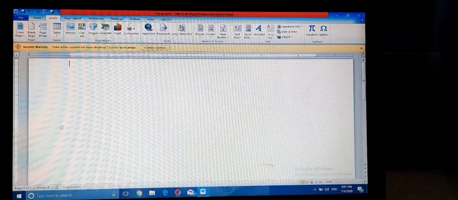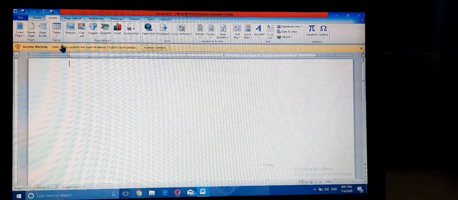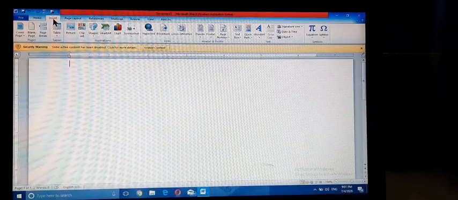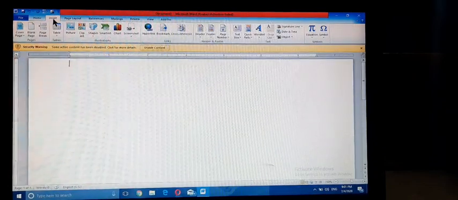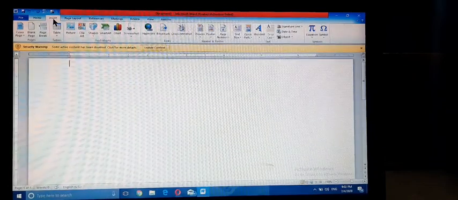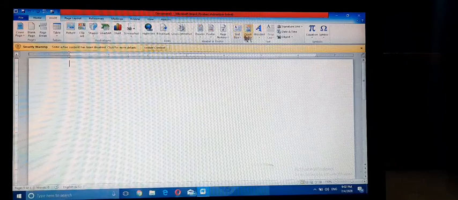The next topic is inserting shapes, symbols and special characters. Okay. Here is the insert tab. This is the word art, text box, header and footer, date and time.